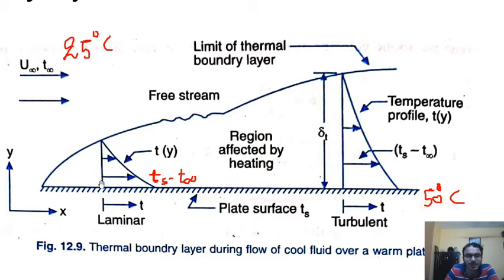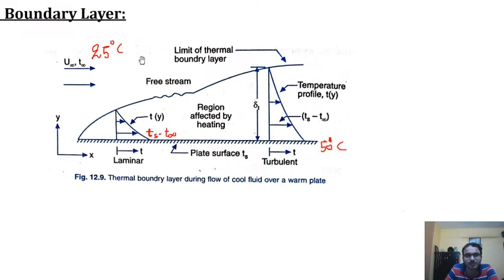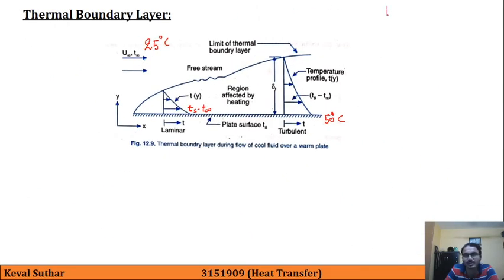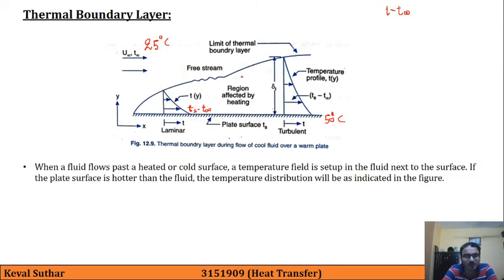So actually this entire temperature profile is the difference between a given temperature minus the free stream temperature. So the whole curve is all about T minus T infinity, and it will be 0 over here. Why? Because here we are getting the free stream temperature. And as you can see, as we keep on moving away, the thermal boundary layer thickness keeps on increasing, because here it is transitioning from laminar to turbulent.